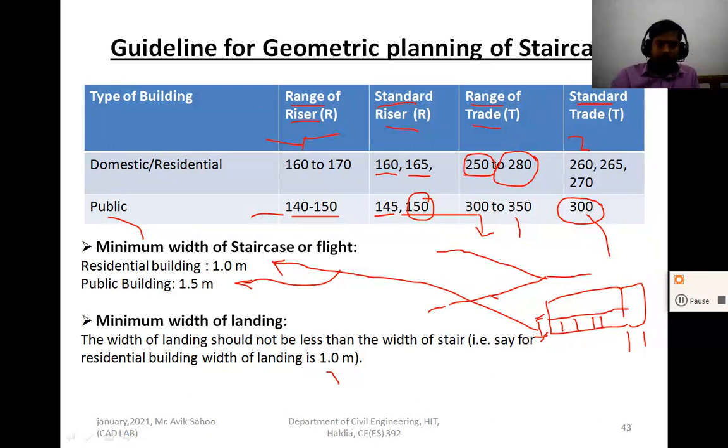These are the guidelines you have to follow to develop the plan of a staircase.